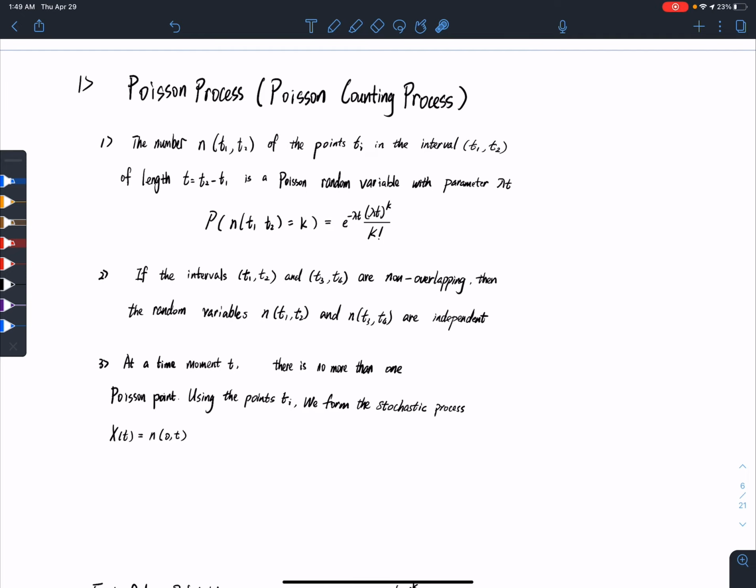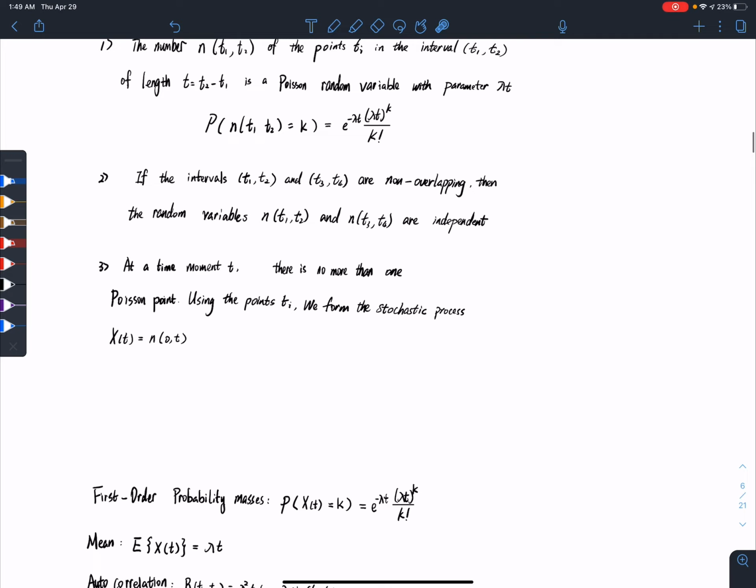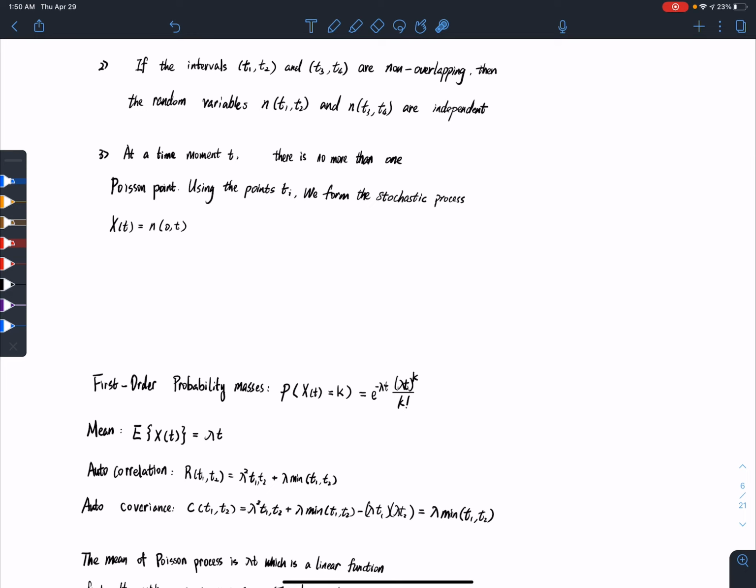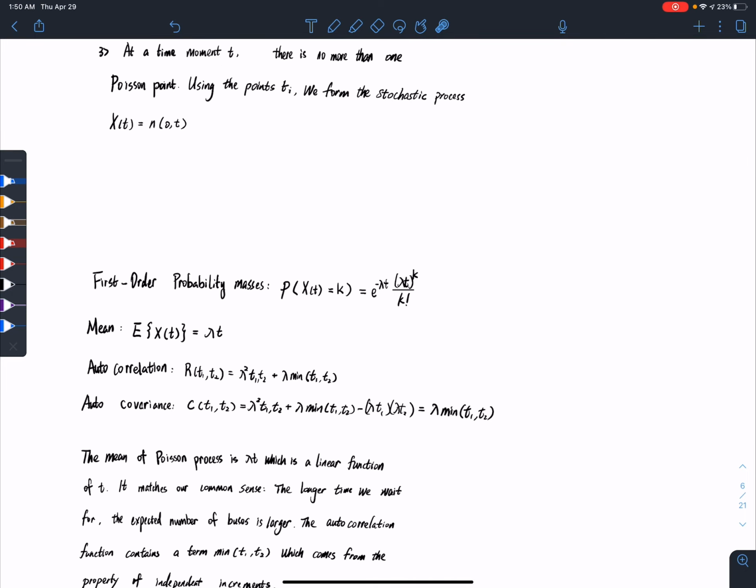If the intervals (t1, t2) and (t3, t4) are non-overlapping, then the random variables n(t1, t2) and n(t3, t4) are independent. At a time moment t, there is no more than one Poisson point. Using the points ti, we form the stochastic process x(t) equal to n(0, t). The first order probability mass is probability x(t) equal to k equal to e to the power negative lambda t times lambda t to the power k over k factorial,